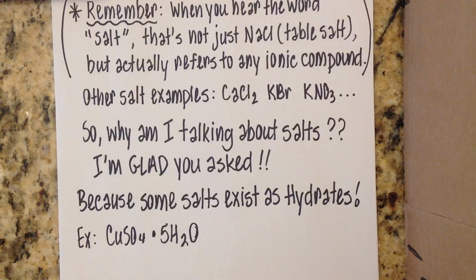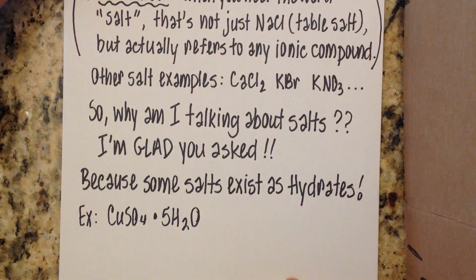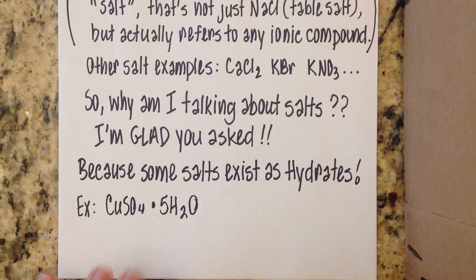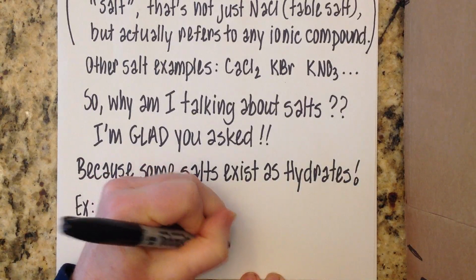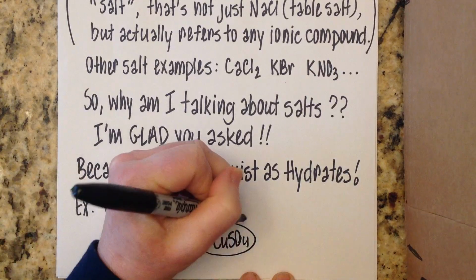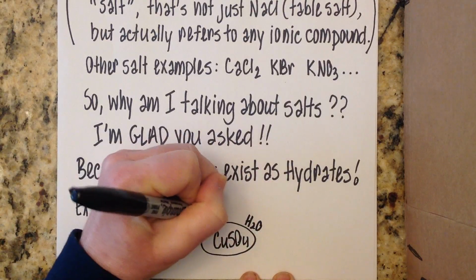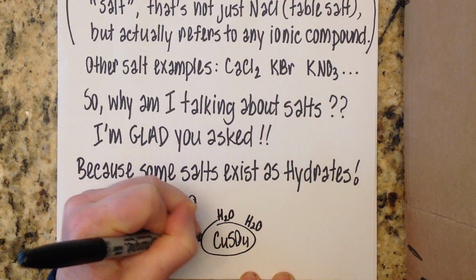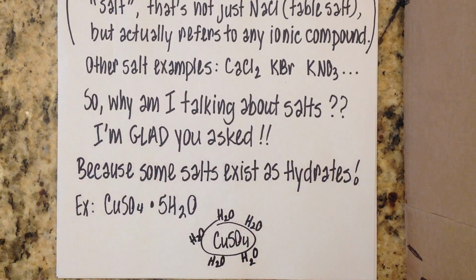I did want to give you a little example here of what a hydrate is, just to give you a little picture on paper. So like copper(II) sulfate pentahydrate, if you could imagine for every copper sulfate molecule, and I'm just going to put a circle around it, if you could imagine this, for example, means there are 5 water molecules attached to each one of these. Now, this is obviously not a realistic drawing of what it looks like, but that just gives you an idea.